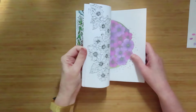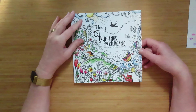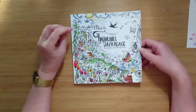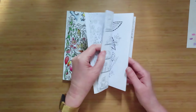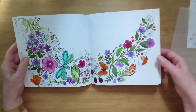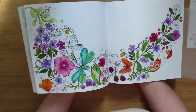And then, because I was really loving this book, when I've done a declutter, I put it in the I'm not sure, might go pile. And then I did another declutter and I was like, yeah, it's definitely going. And then every time I was about to list them on eBay, I was like, oh, I might colour in them. And once I did colour in them, I got the bug, because I thought I'd finished it. I've just realised there's a flower, an ant and a butterfly that I haven't done. But basically I did this,